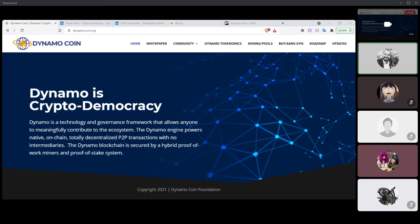Interesting. Now, in regards to the NFT, Shaun, is it going to be built into the core, or is this going to be like a side chain or second layer on top of DynamoCoin? Built into the core. Built into the core. That's very, very important. Very important. Built into the core